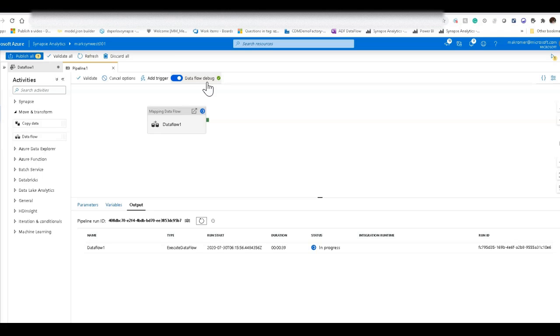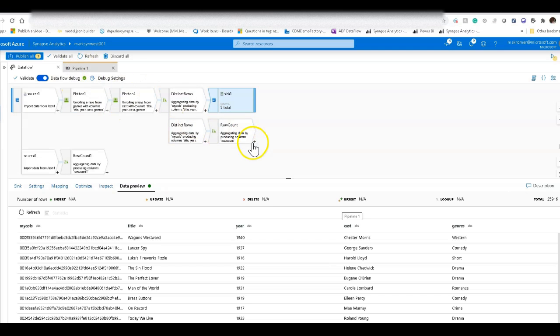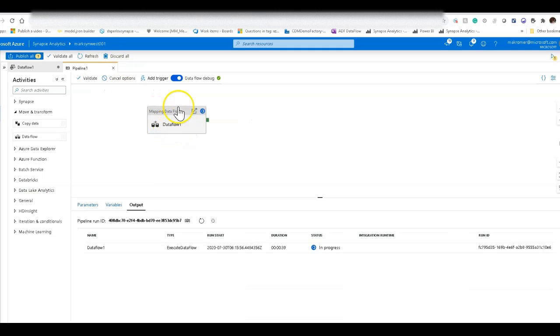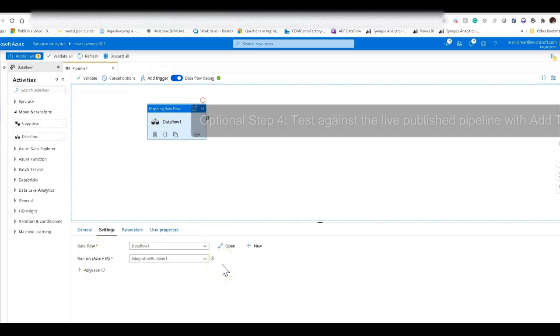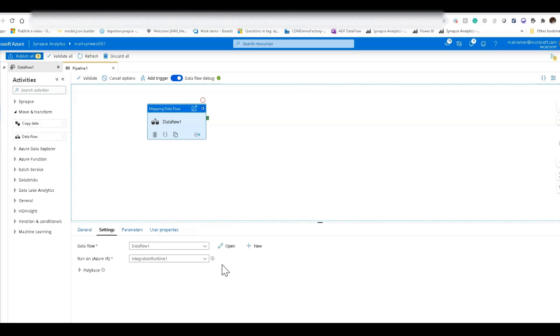So your steps are going to be start in your data flow using data preview with your debug on, so you can validate your logic and do some smoke tests against your data. Make sure that all that has been unit tested and correct. Then go into the pipeline, add your data flow into your pipeline, test from the debug session, which is really just clicking the debug button without setting an option. And then if you'd like to test against the actual integration runtime you've set, then you can say debug from the integration runtime, and we'll run it up against that as well. So it gives you 3 different ways to validate and test without having to publish, and just working within your branch and within your design.